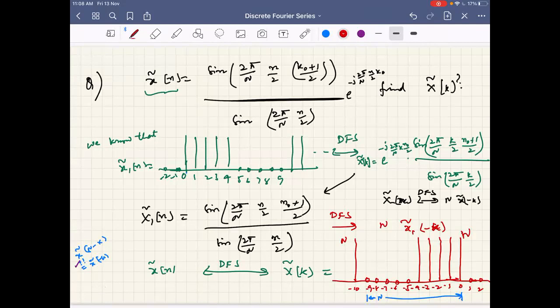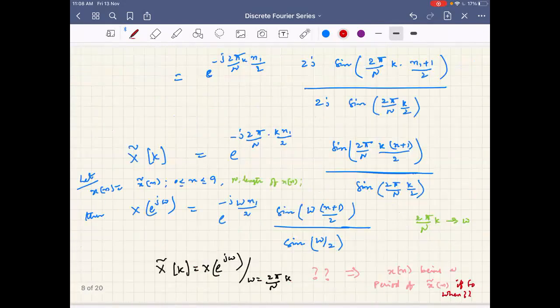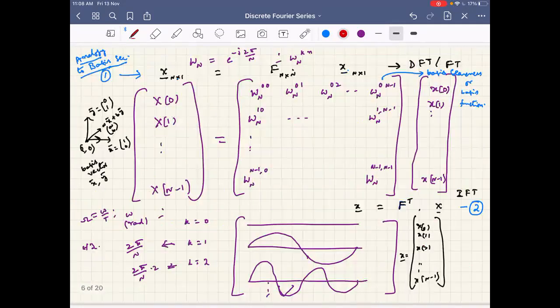Fine, sir. But in a DFT computation, the F matrix, F transpose means complex conjugate, sir. Right, it is complex conjugate transpose. That is why actually the negatives will come. This is referred to as Hermitian. Complex conjugate transpose is referred to as Hermitian. I think you people know, right? Yes, sir.